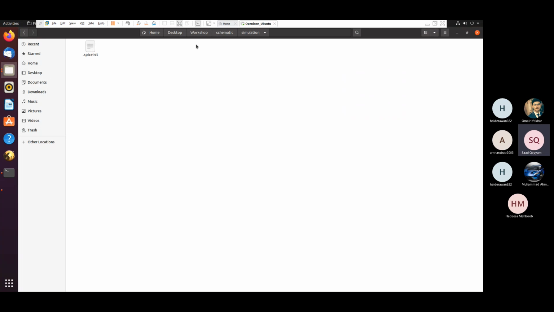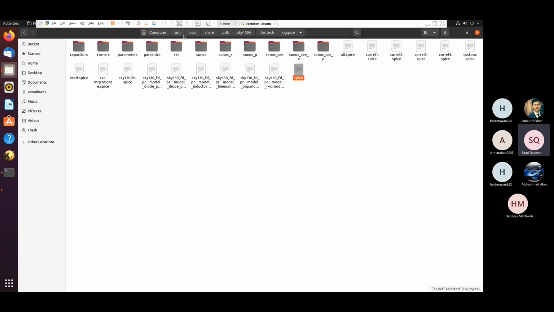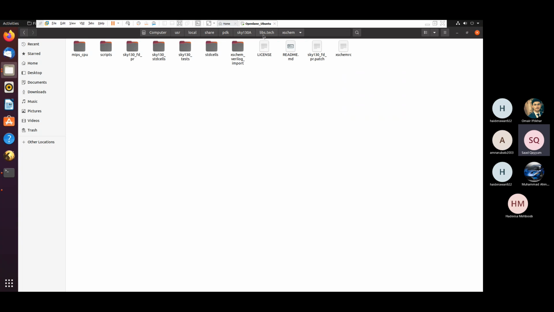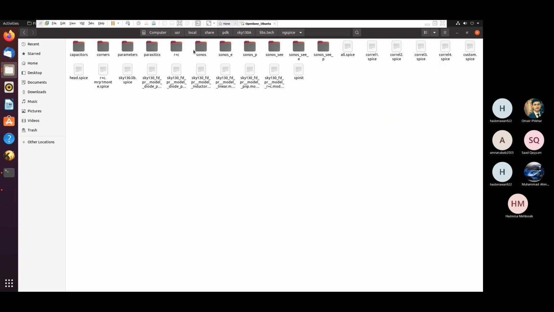So we copied it from user local share pdk sky130A libs.tech. First we copied from xschem, so it's from sky130A libs.tech xschem. We copied the xschem rc file and pasted it as it is in the schematic folder. Number two, from the libs.tech folder, we went inside the ngspice folder and we copied the spinit file,